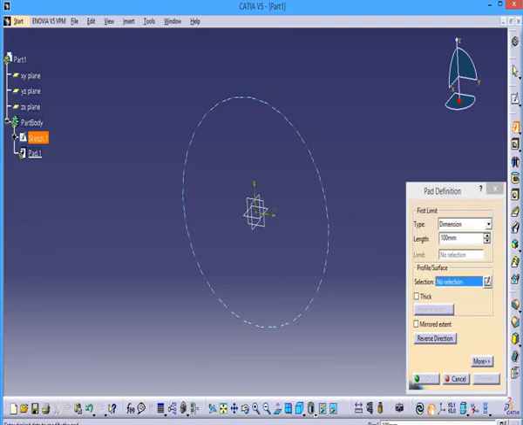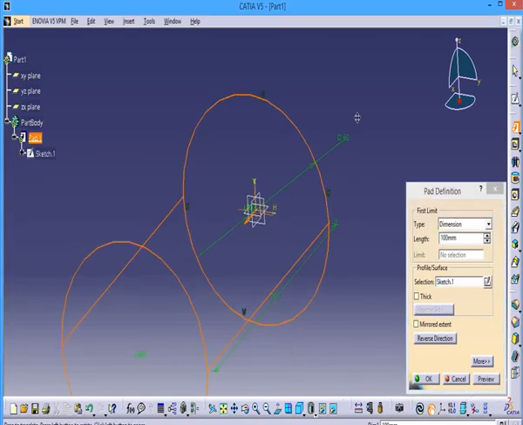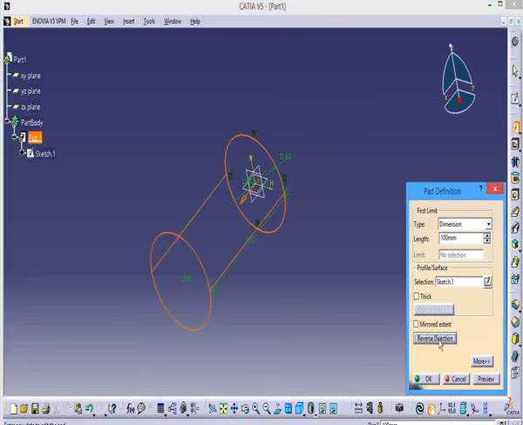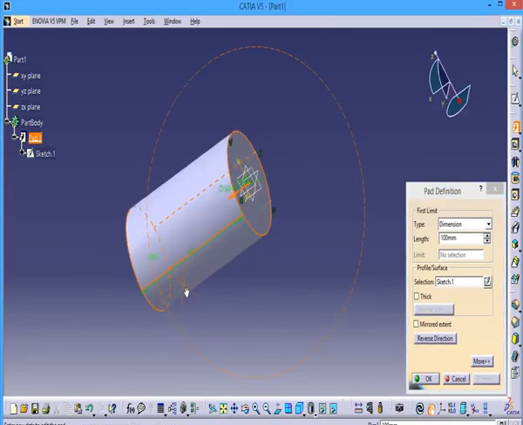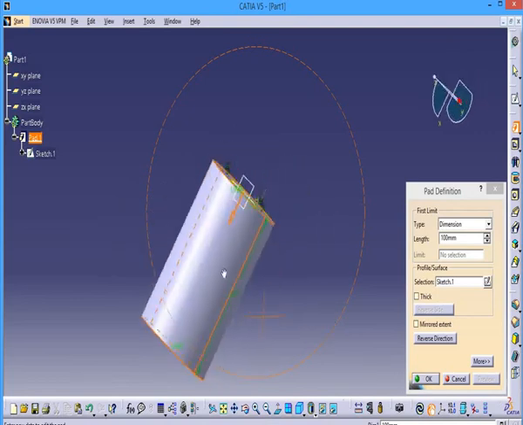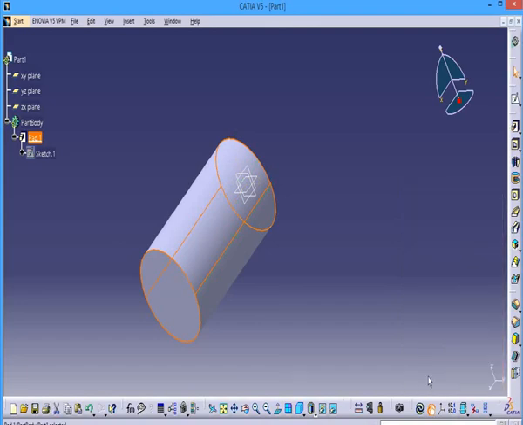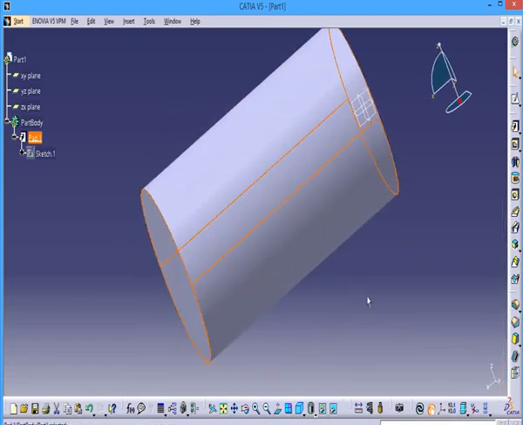So click the sketch. It will show like this. I need this sketch to be reversely projected, so just click the reverse direction. According to your requirement, you can click it. I just want to preview. I mean, without clicking OK, I just want to see how the pad came. By clicking the option, I can click preview. After clicking OK only, it will confirm. So now I created one pad.